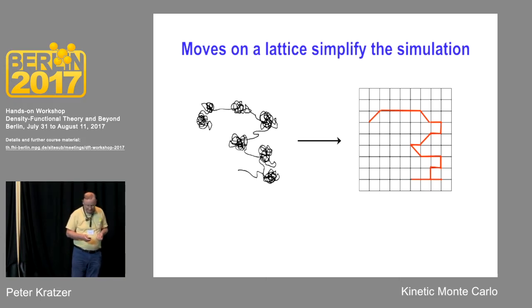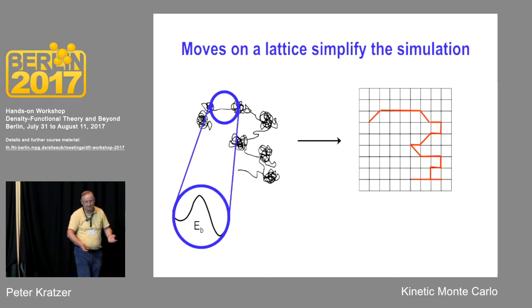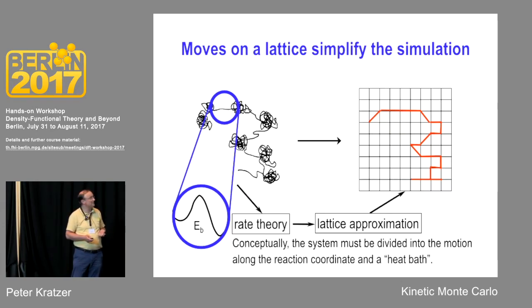If you can do that, then you simply cut off this fast time scale of oscillations and you only simulate the move across the barrier. So here there is an energy barrier that you jump over, and this is all you're interested in. You need the rate for jumping over the barrier, and then you can go to the lattice approximation and simulate